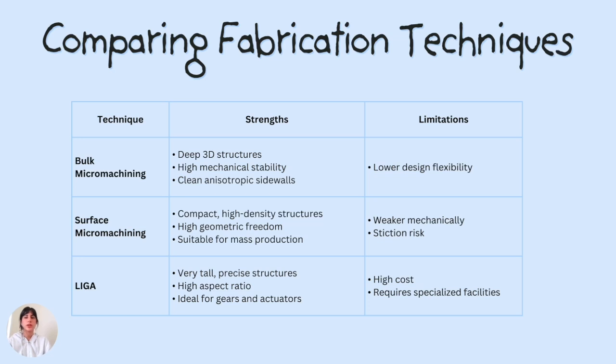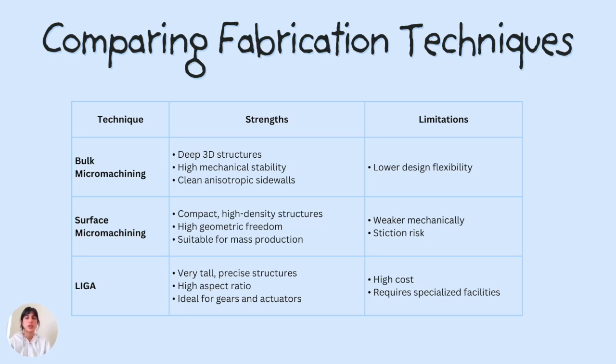Now, comparing the main fabrication techniques, bulk micromachining produces deep, well-defined 3D structures with clean anisotropic sidewalls, and it has a very high mechanical stability because the silicon wafer itself becomes a mechanical material, but the geometry is limited by the crystal lattice. Surface micromachining offers more design freedom because you're building with deposited layers and not relying on silicon crystal planes. It produces compact, high-density structures, but the devices are mechanically weaker and more vulnerable to stiction, especially during